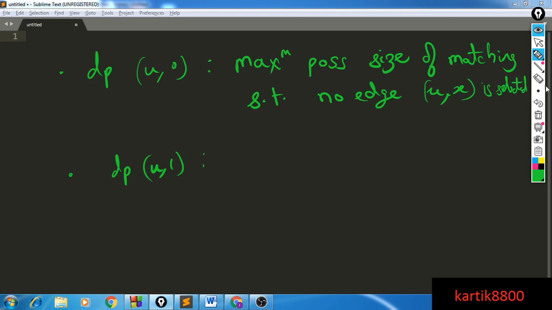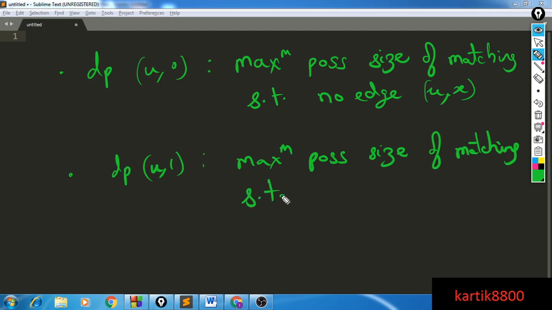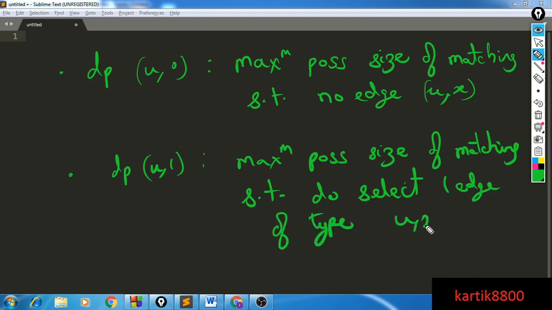Whereas in this particular case, it is the maximum possible size of matching so that I do select one edge of the type u comma x. So this thing is clear now.